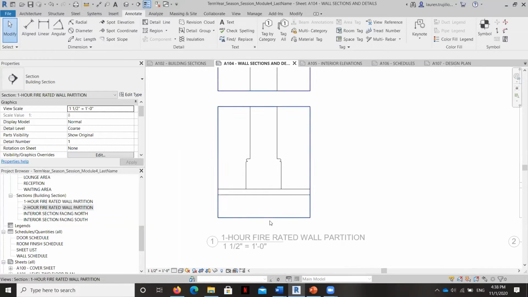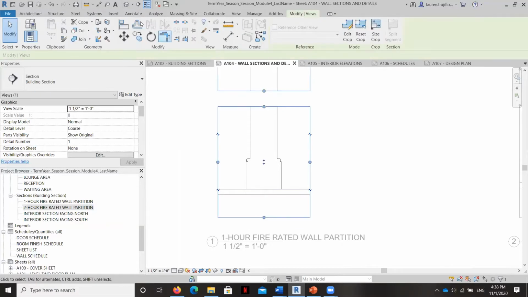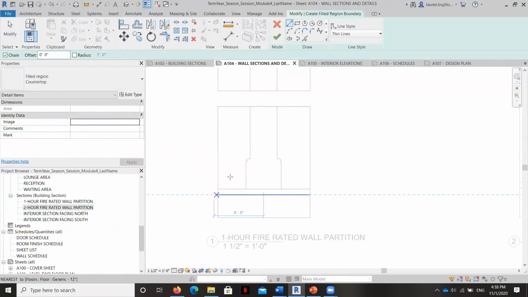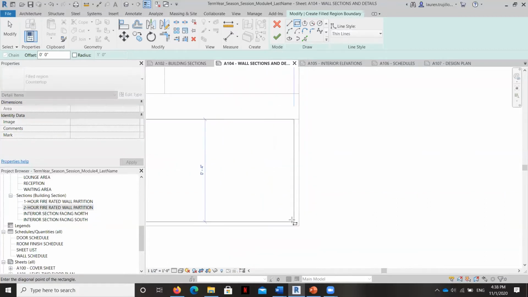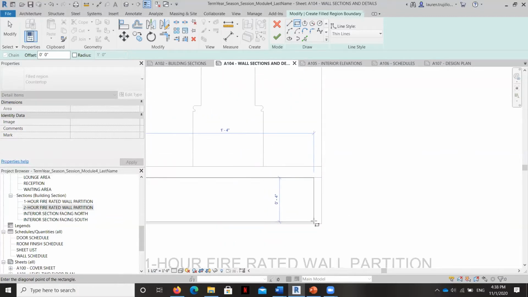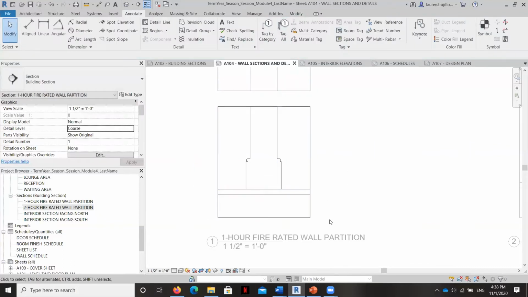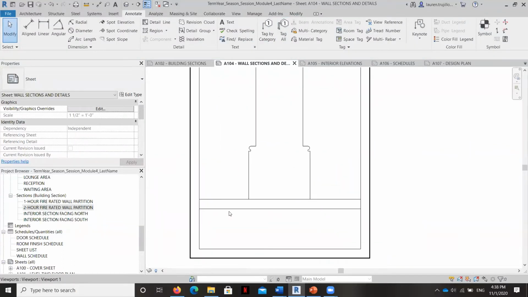So a couple of things I'm going to do first is just create a couple of filled regions. So we've done these before. We just go to annotate and region and filled region. And we know that this right here is the slab. So we're going to go ahead and populate that with a fill that looks like concrete. You can see that it's not snapping very well. And so what I'm going to do is hit my X button and get out of it, and I'm going to do the filled region on top of it here.